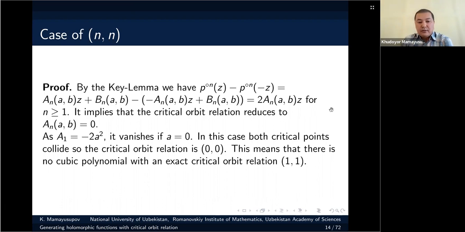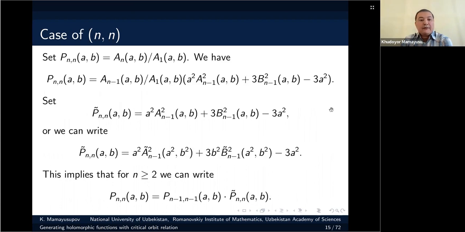Well, this means no cubic polynomial has critical orbit relation 1. And we can explicitly find the polynomial: we take a_n, cancel by a_1, which is not 0, and define this p_n. When p_n is 0, then the critical orbit relation is realized, and we define p tilde. So take the previous one, plug it in here, the recurrence relation for a_n. What's left here, defined by p tilde, then you have the following